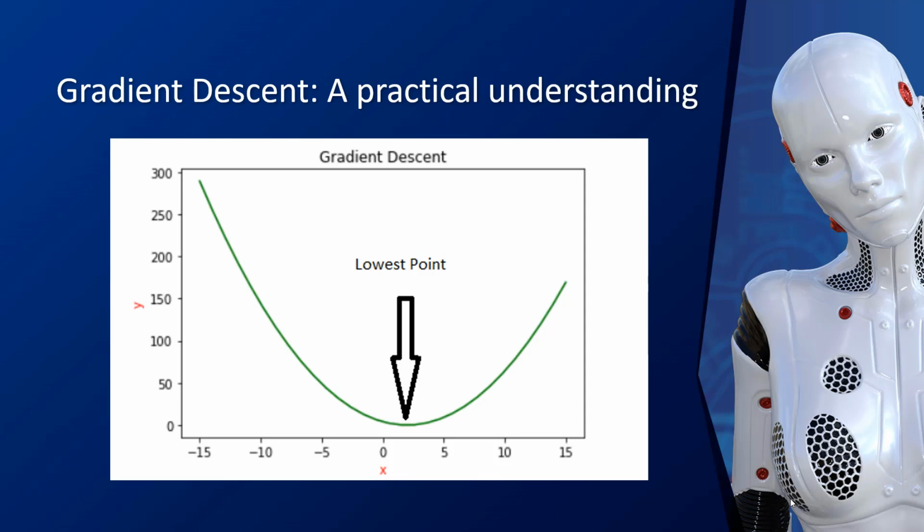Let us try to understand gradient descent algorithm with a simple practical example. Consider a blindfolded hiker trying to get down a hill to its lowest point, as shown in the figure. There is no way for the hiker to see which direction to go. However, there is one thing the hiker understands clearly: if he is going down, it's right progress, and if he is going up, it is wrong progress.